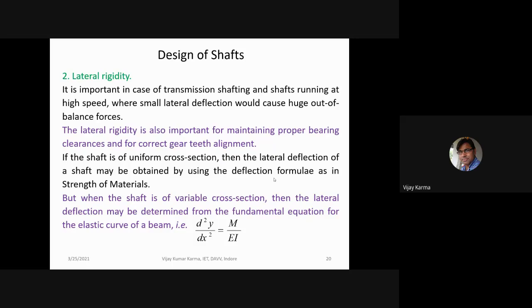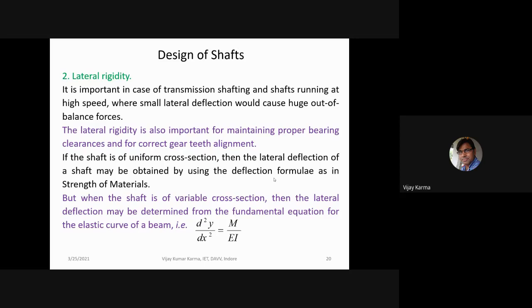So in one line, what is the procedure of design? It is determining the critical point in the shaft, and the critical point is where the shaft is heavily loaded. That is, we have to determine the heavily loaded point on the shaft length. For that, we have to use the relations that we have discussed. जो relations हमने use किया हम उसको वहाँ पे use करेंगे. So this is all about the design procedure for the shafts.